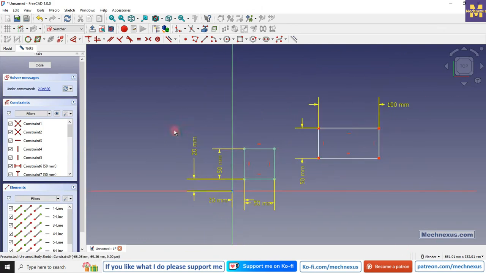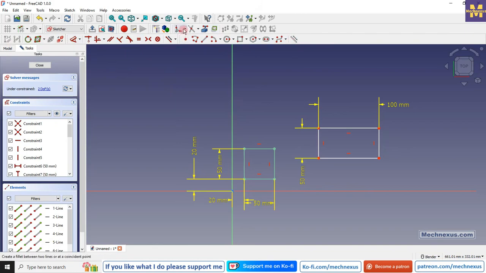So this is all about the basic overview of the constraint tools and profile creation tools like line, arc, circles. So these are the fundamental tools of the FreeCAD Sketcher Workbench, and we have also learned the DOFs, we have learned the constraints and elements, and in upcoming lectures we will create a profile and we will see some advanced tools in FreeCAD like symmetricity, tangency, perpendicularity, parallelity, constraining, and some profile examples with